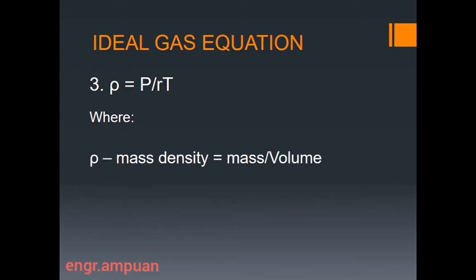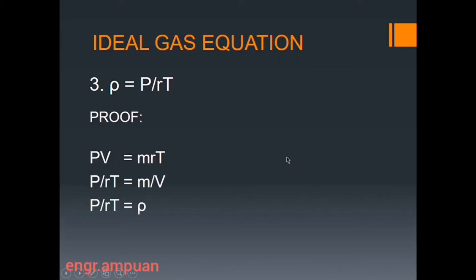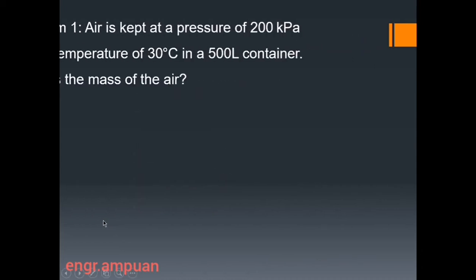So the last derived equation is the mass density, which is equal to P over RT, wherein rho is the mass density, which is also equal to mass over volume. So here is the proof. So let us